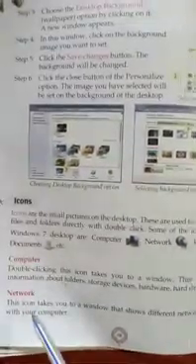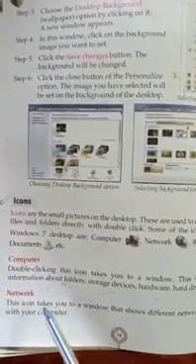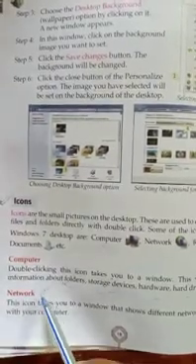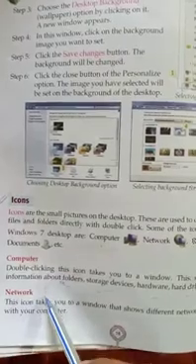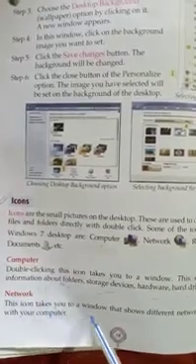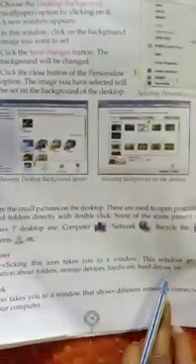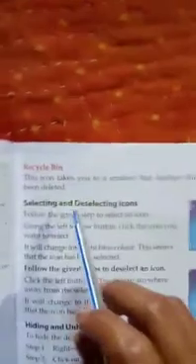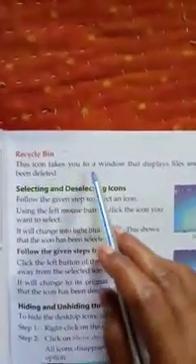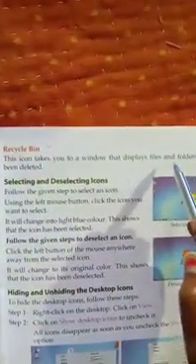Network. When you select this network icon, it takes you to a window that shows different networks connected with your computer. Recycle bin. This icon takes you to a window that displays files and folders that you have deleted.